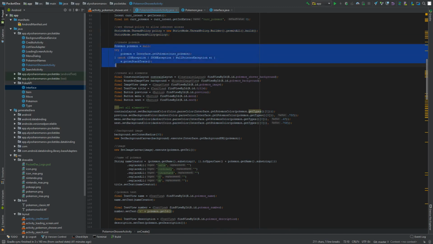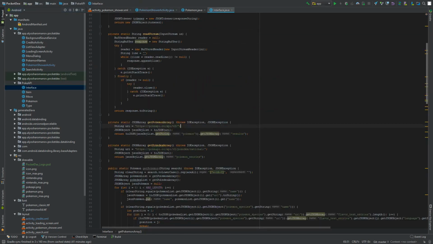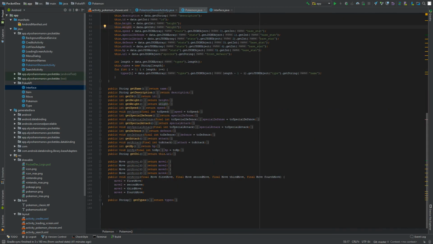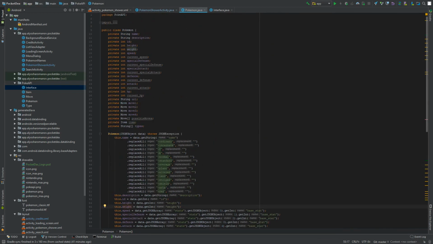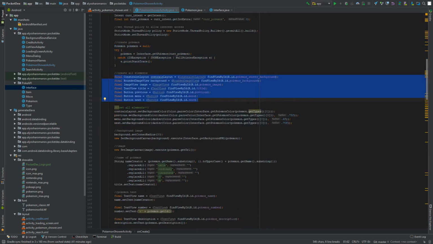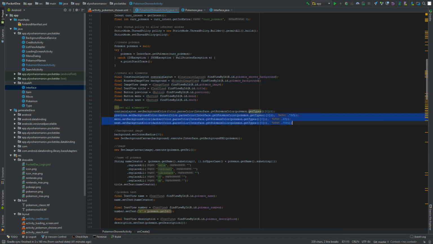Then we create a Pokemon using our custom Pokemon interface and custom Pokemon class, which parses the JSON file we get from an API called PokeAPI, and then converts it to the different variables here and creates a Pokemon class. So once we have the Pokemon class, we can go ahead and create all the elements in the view. We can set the color of the background and the color of the 3 buttons at the bottom, the forward, backward, and menu. We can then set the background corner radius to 30 to make our image background rounded, and